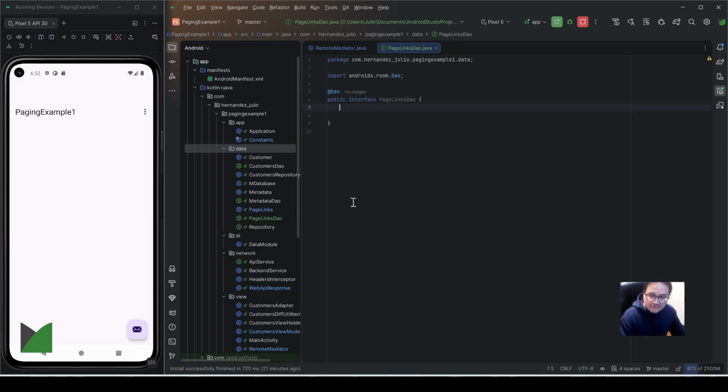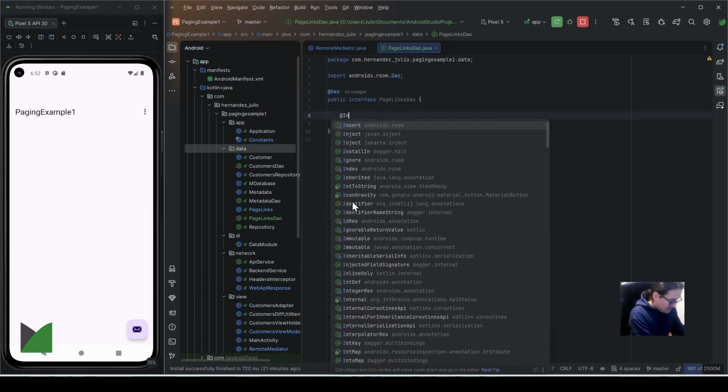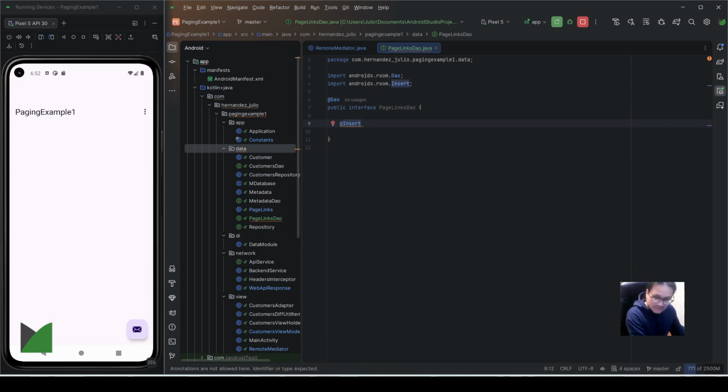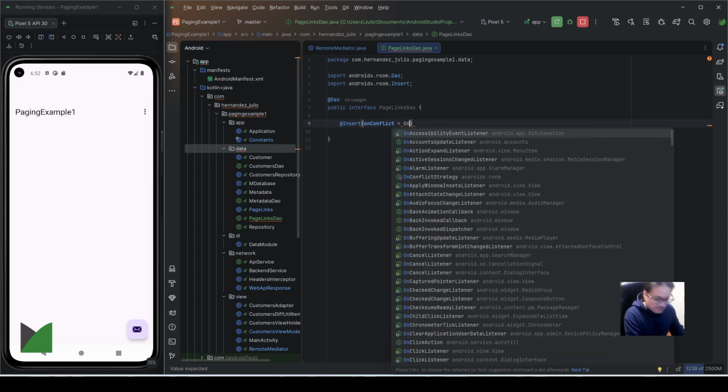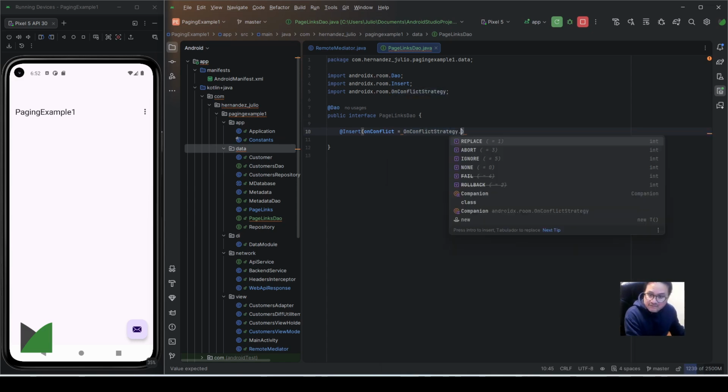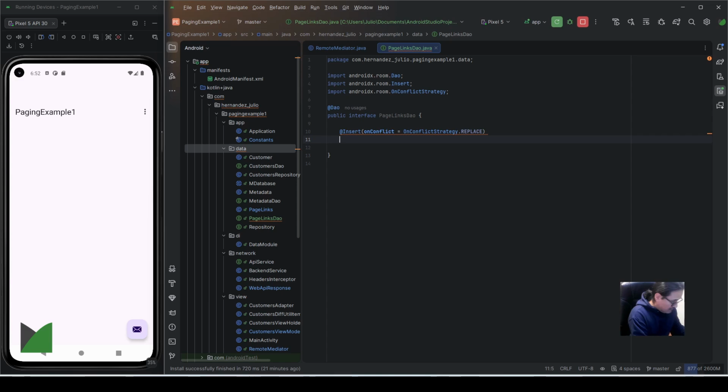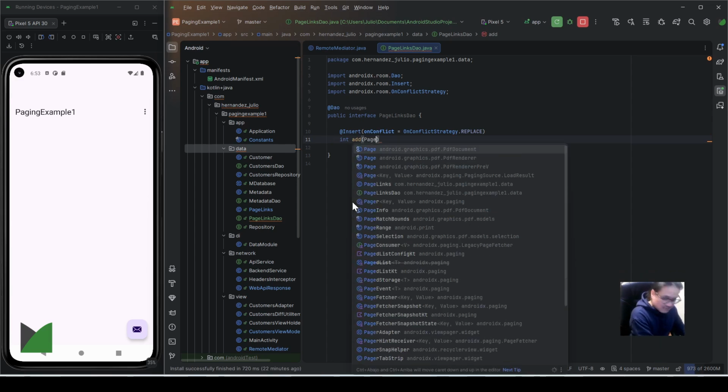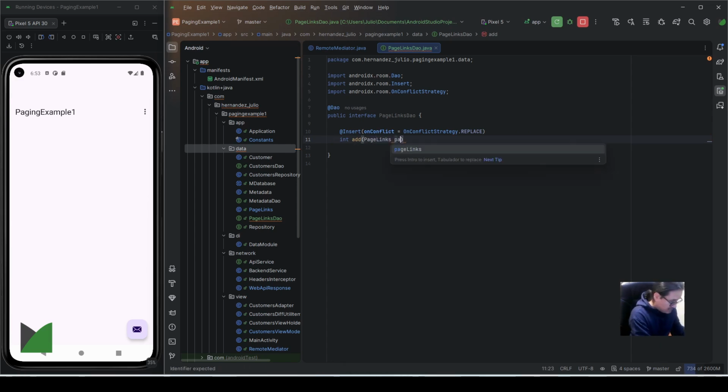So here I need to insert a new record. So insert, and here I need a strategy, OnConflictStrategy.REPLACE. I think this returns an integer, so int add. Here I need a page links instance, page links, and I need